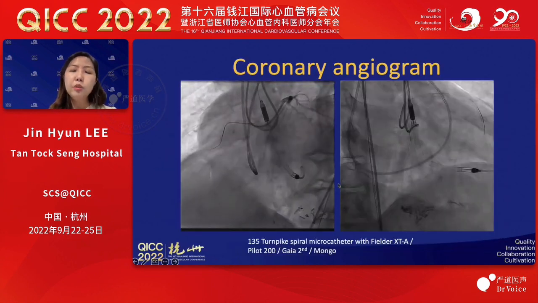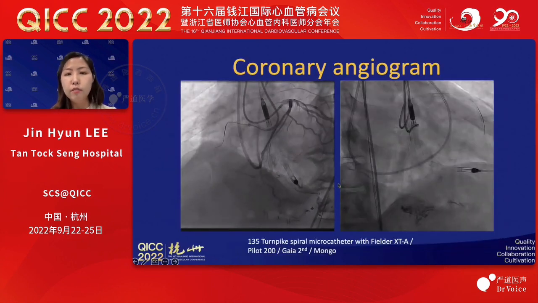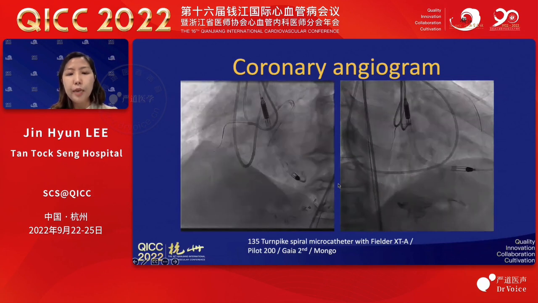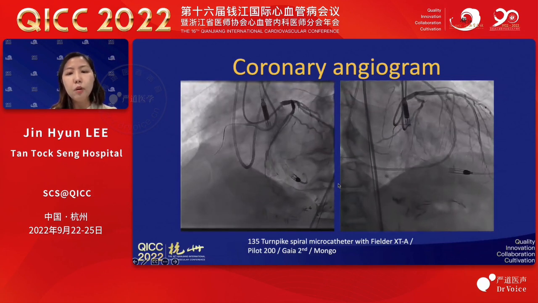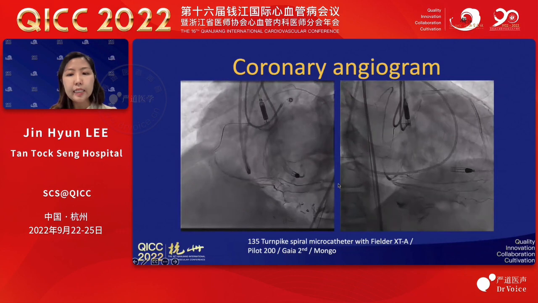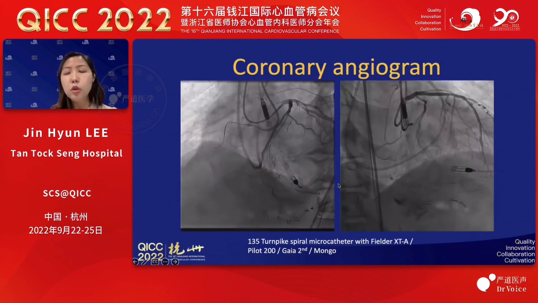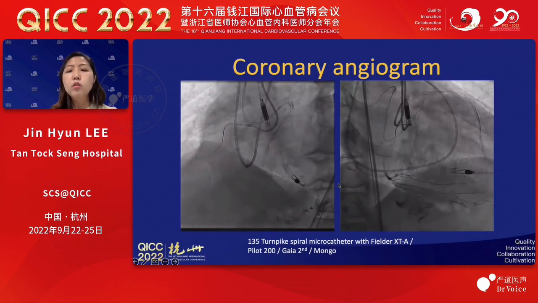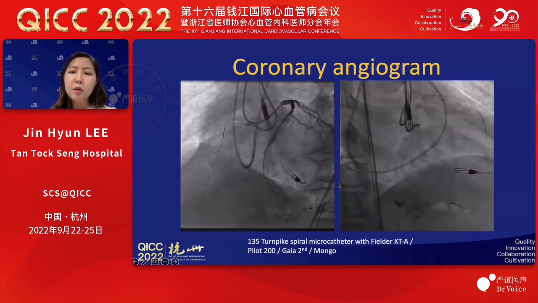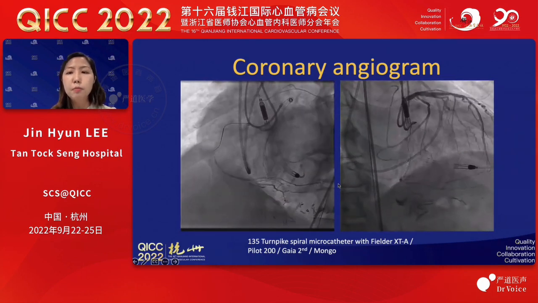So our approach was to go antegrade, and if it fails, then retrograde. We first went in with the Turnpike Spiral. We tried wire escalation using Fielder XTA, Pilot, Gaia, but it seemed to go subintimal. So we tried to use Mongo to knuckle in, but it kept going to the side branch despite the anchoring